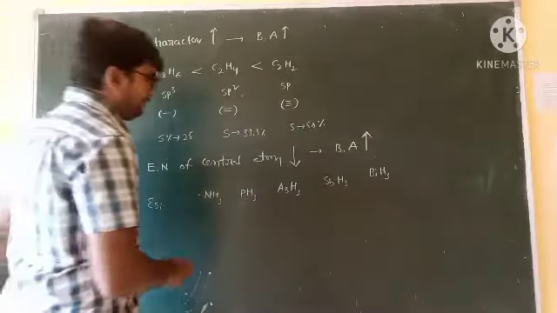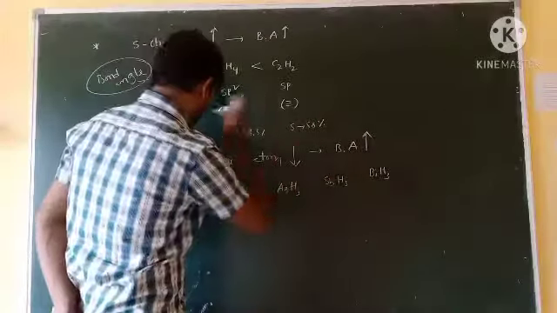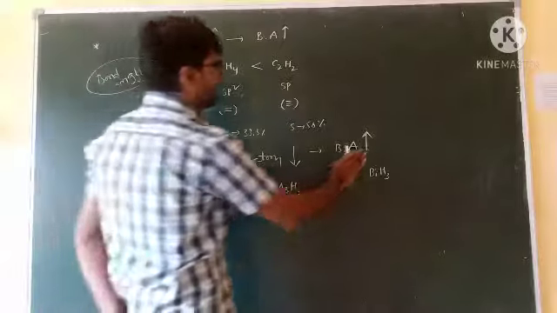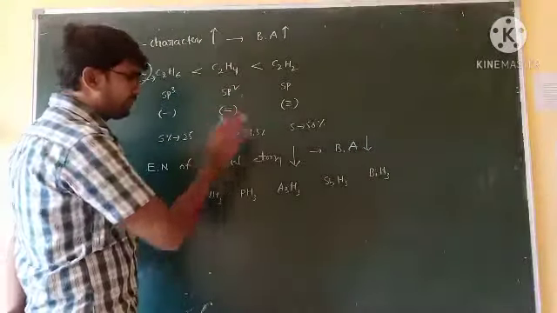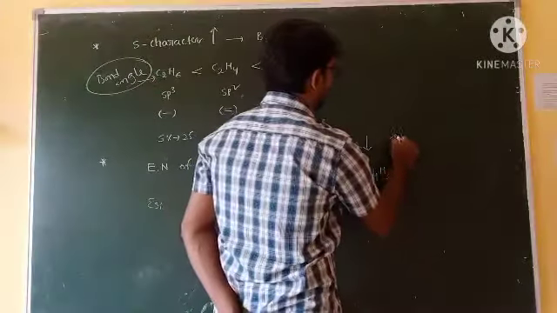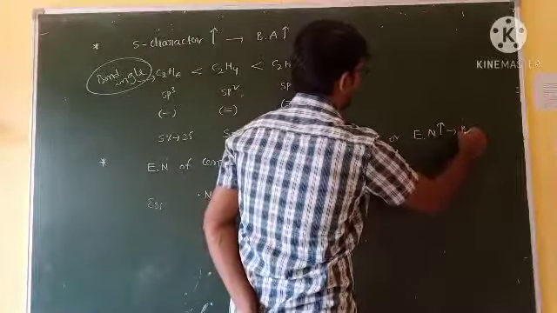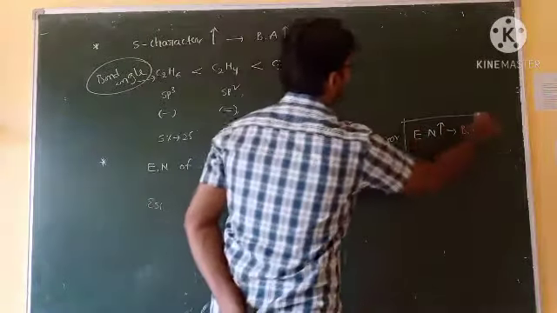Okay. Now we know that it is a group. In this group, electronegativity decreases. I think I made a mistake here. Sorry. If electronegativity of the central atom decreases, bond angle decreases, or it is written as: if electronegativity increases, bond angle also increases. Simple. Remember this point, very simple.